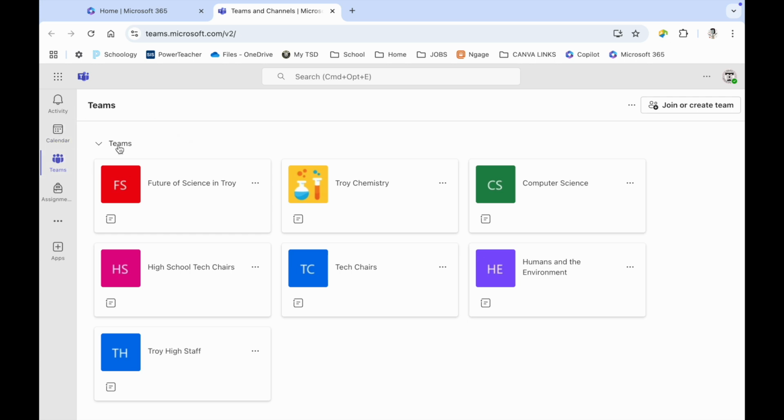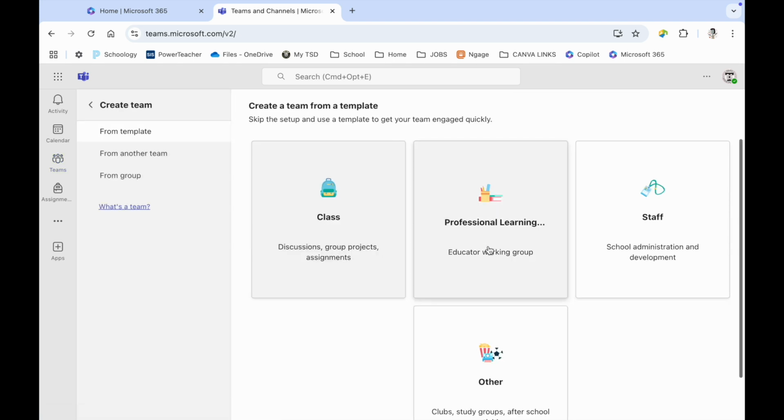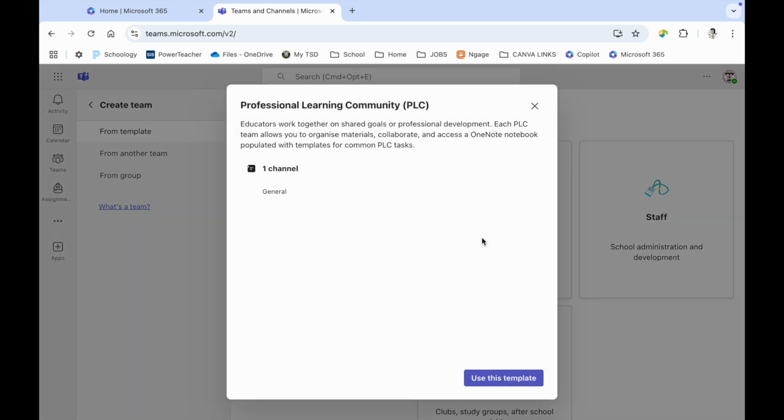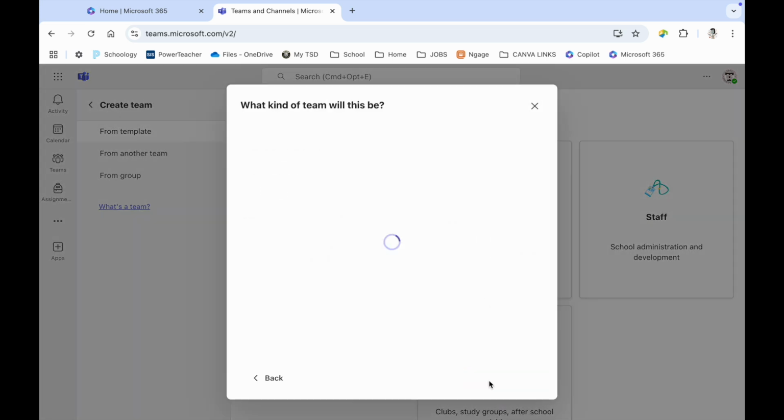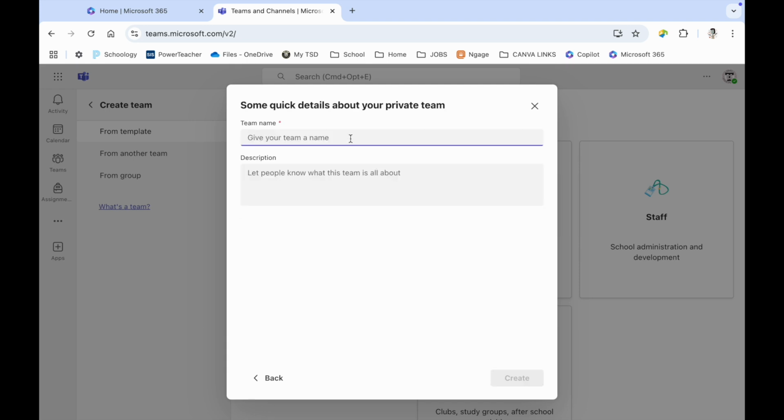Now, it may open inside of a team, but what you'll see on the left-hand side is these. You can click Teams, and these are all the teams you are part of. So you're going to go here to join or create a team. We are creating these teams for our PLCs, so you can click Professional Learning Community, and you can use that template. It'll be private. You're going to give it a name,